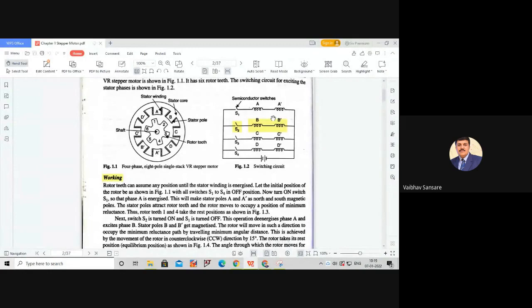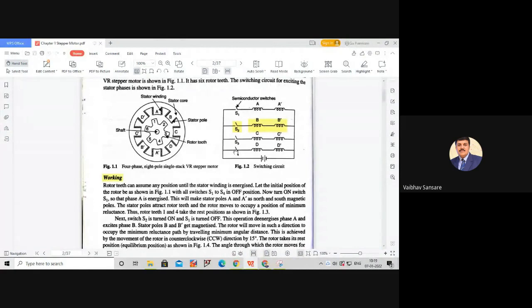The same 15-degree counterclockwise rotation can be obtained by following the switching sequence S1, S2, S3, S4, again S1, S2, S3, S4, and so on. If we have to reverse the direction of the motor, say we have to run it in a clockwise direction, then we have to reverse the switching sequence. That means initially S1 is in closed position and the motor is at rest at its initial position with 1, 4 aligned with A dash, then we have to